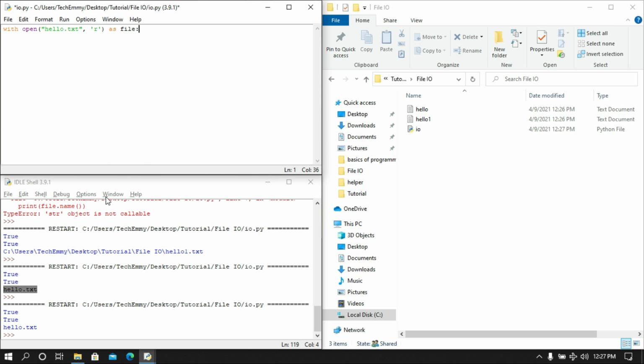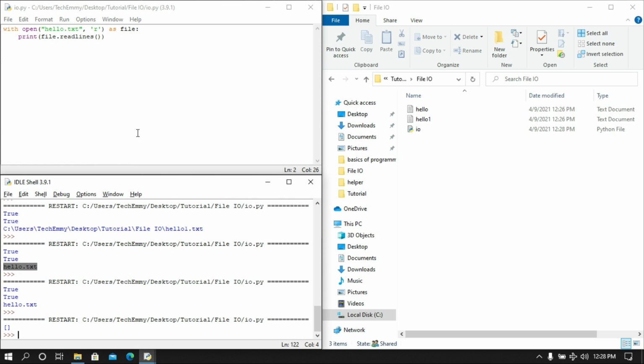So this is just like a variable holding whatever this returns. This actually returns a file object, capital F and then i-l-e in small letters. So this returns that, and this is what we'll be working with. So we have a block of code here. If I print file.readlines, okay, that's a method, so I have to call it. Okay, so if I run it,